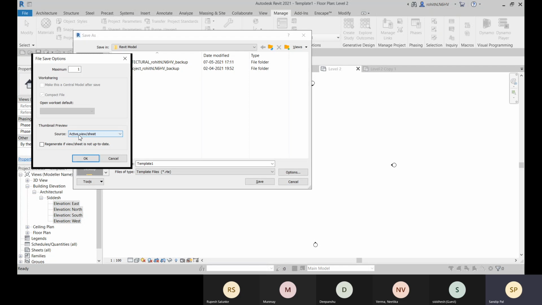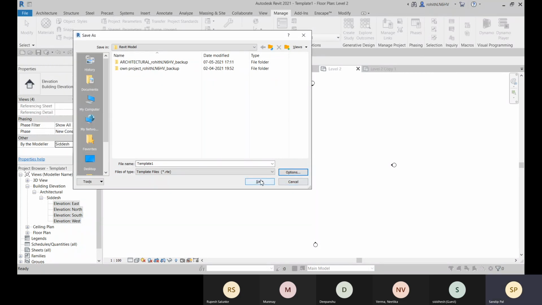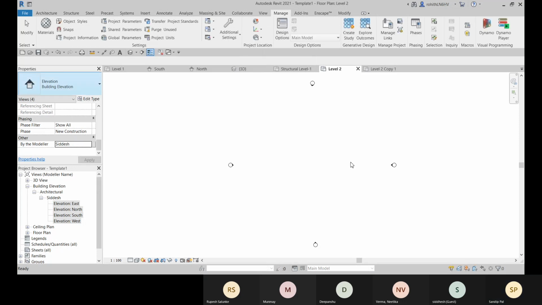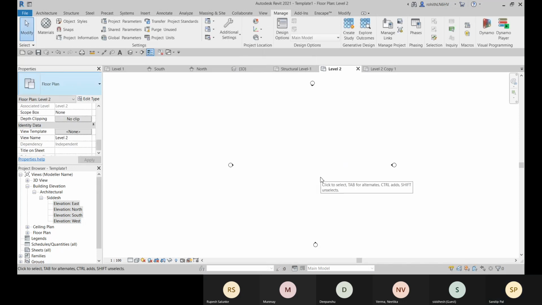Active view or sheet means the last working view when you save and close it. This will be visible in the thumbnail. With this option, you click OK, and then you go for the save. I'm not saving it. All right. So this is how we organize our project browser.